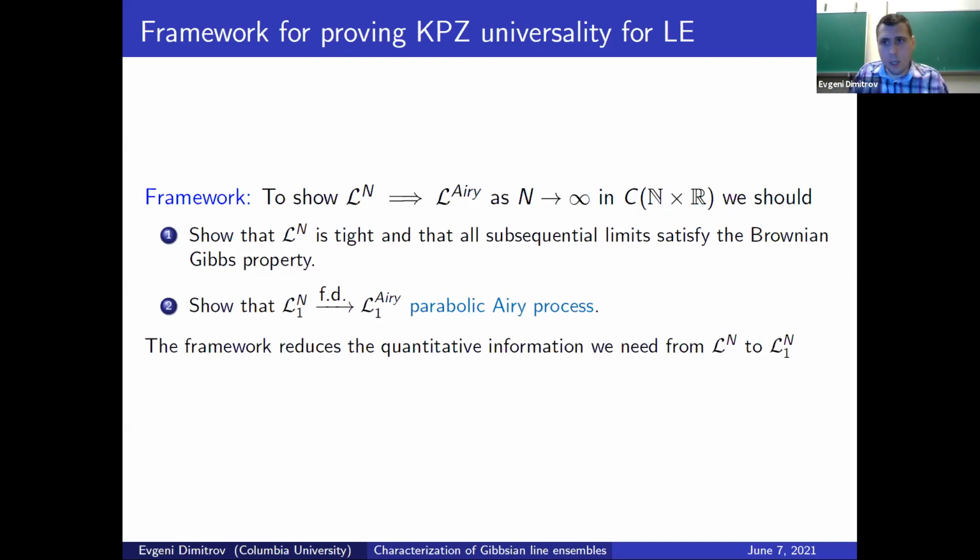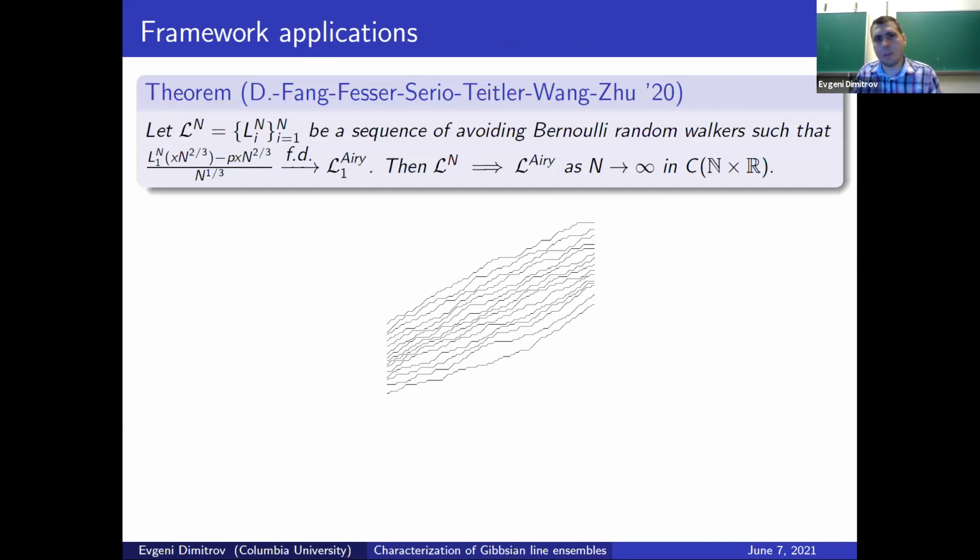So let me mention maybe a couple of applications of this type of framework. The first one is a cute result that we worked on last summer. There was a Columbia-run REU program. These five people were undergraduate students at Columbia, and Wei Tao Zhu is a third-year graduate student at Columbia. And what we were able to do is to show that if you have a sequence of n